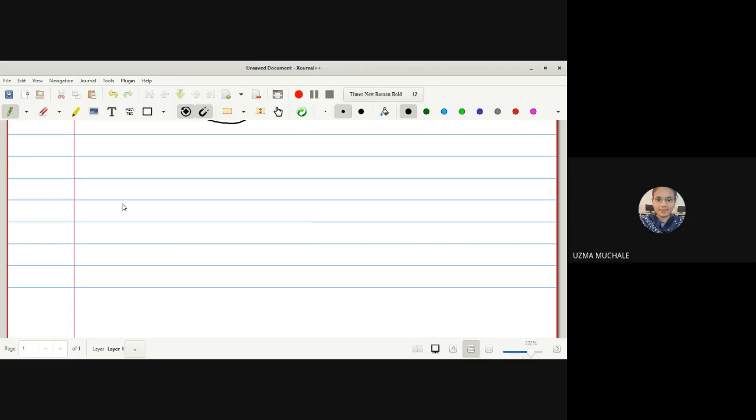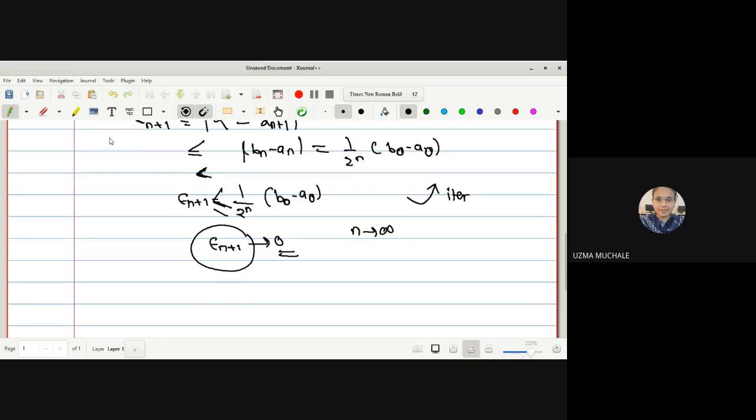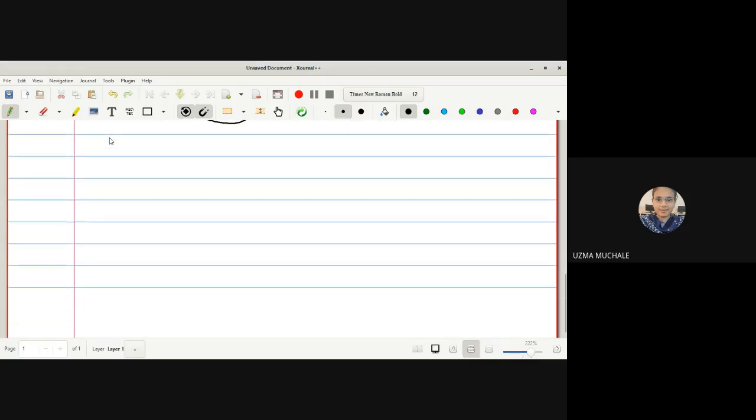Okay, let us now take the example. Actually, we are not going to perform n tends to infinity steps. Whenever you have this type of example, that means if you want to solve an example by the bisection method, then you have to perform at least 5 iterations. Minimum 5 iterations are sufficient. So you can write the example with me. Perform 5 iterations of the bisection method and obtain the root.